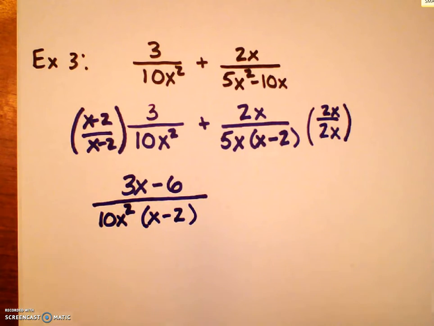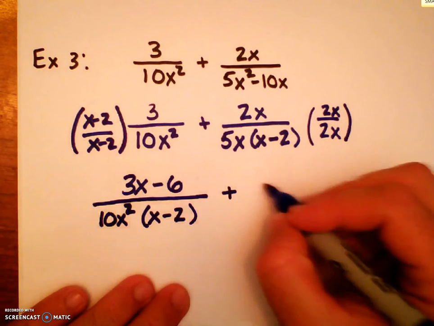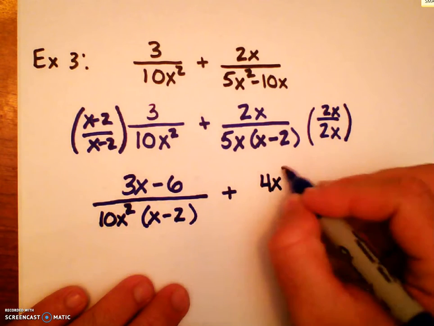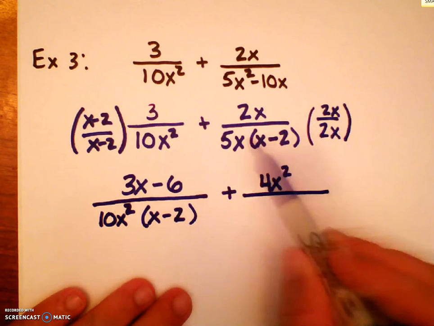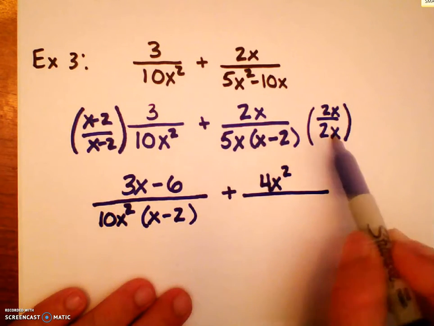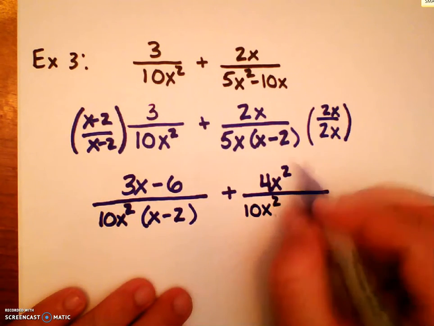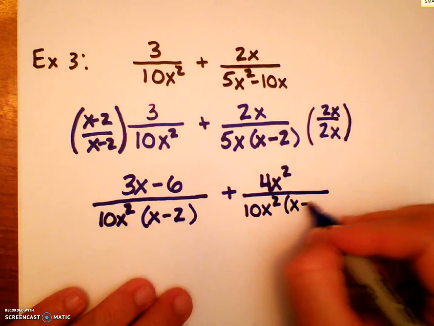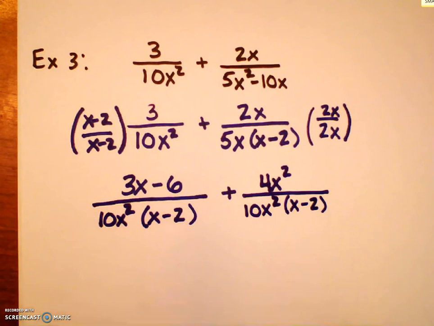On the right-hand side, do the same thing. Not as much to do here. 2x times 2x is 4x squared. On the bottom, the only thing you're going to simplify is you are going to multiply the two single terms together. 2x times 5x is 10x squared. The x minus 2 drops. And this is just a good way to check as well to make sure you do have common denominators, which we do. So our final answer